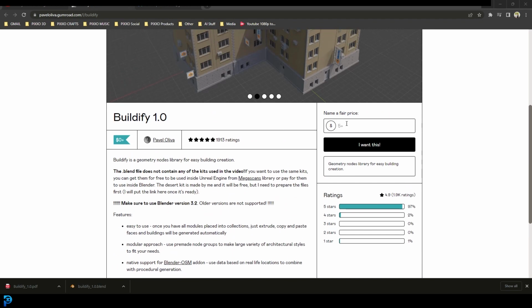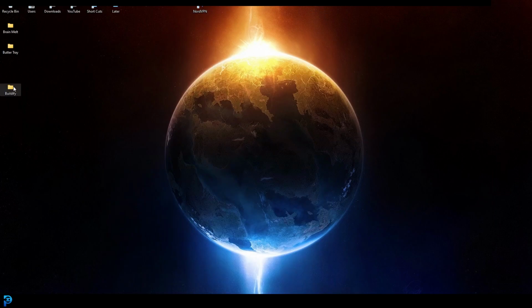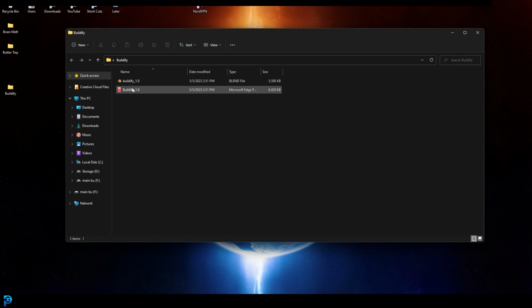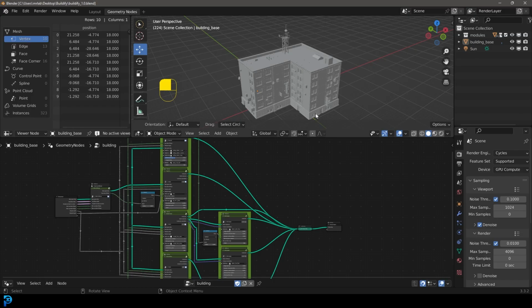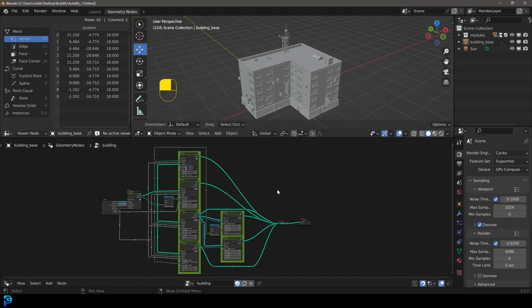But what you can do is you can come over here, and they do offer this for free. So you can put in your own price. If you want to do $0, that's fine. Or you can even donate a certain amount to them, whatever you choose. But then you can download this, and I'm going to show you how to use it. So I've got it over here. You can see it also comes with a PDF, but it's called Buildify 1.0, and you're going to open that blend file. So once you've opened the blend file, inside you're going to see this complicated geometry nodes network, but